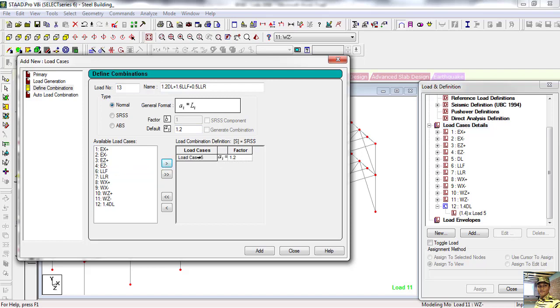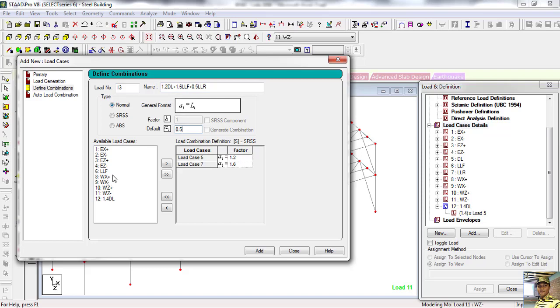Now show load case 5 and 1.2 factor. So now once again select, change the factor to 1.6, that is live load floor. So select this one, and now see load case 7 factor 1.6, 7 is our load case. Same way put here 0.5 live load roof.